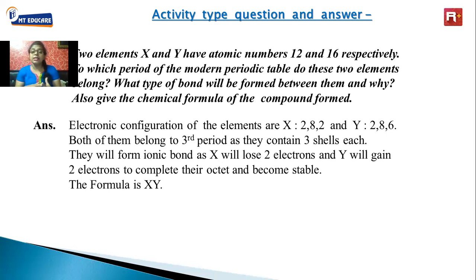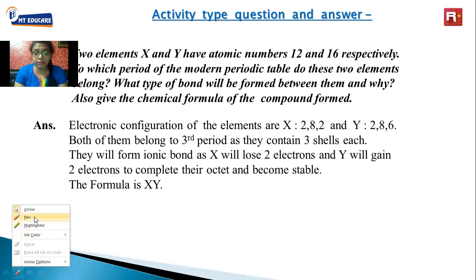So what is happening over here? Giving of electrons and taking of electrons. Give and take of electrons is being done. So give and take of electrons will form which bond? Ionic bond. The give and take of electrons results in the formation of ionic bond. Is it fine? And the last point in the question is,